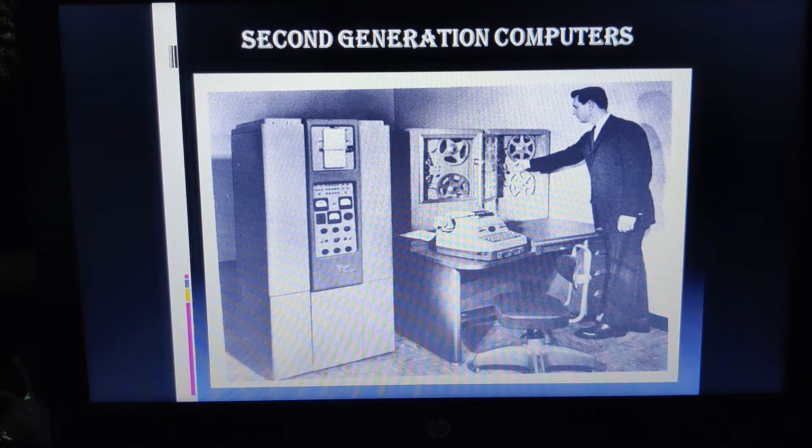As I said in the first generation, what we need to concentrate on here is what electronic device they are using for the computers, how they are able to store the memory, what they are using for input and output purpose, and what kind of programming language they are using. These were the important factors. So when discussing the second generation, we should know that it is using transistors for the internal operations, making the computers smaller in size, and for the memory purpose,